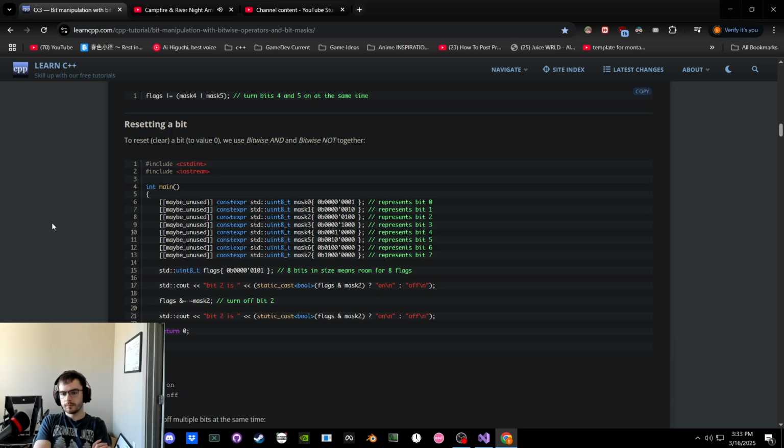So if it's on, the AND value is true. So assigning flags to be the bit sequence of flags in mask 2, it wouldn't change anything. Or actually, it